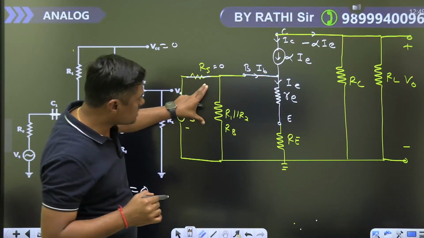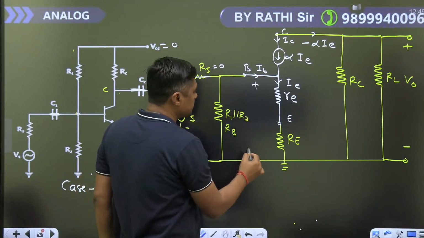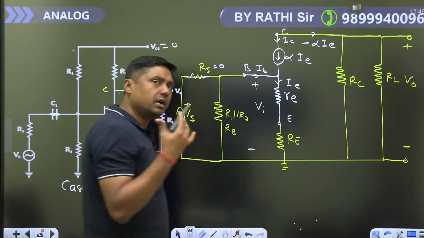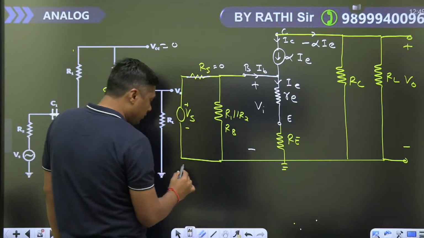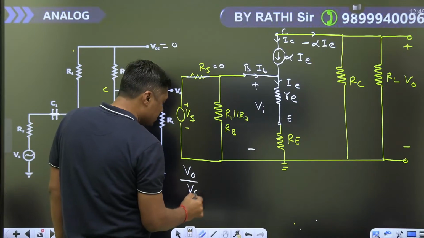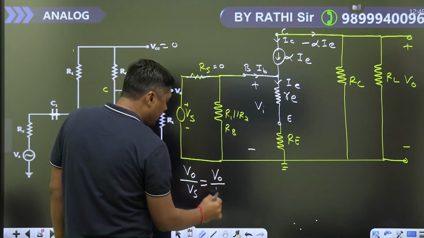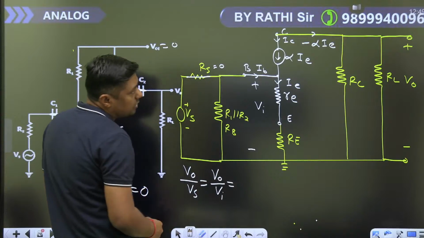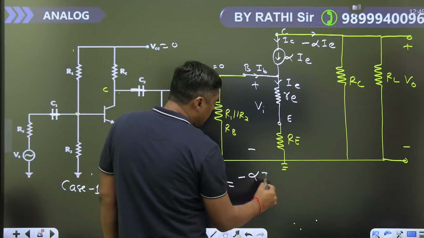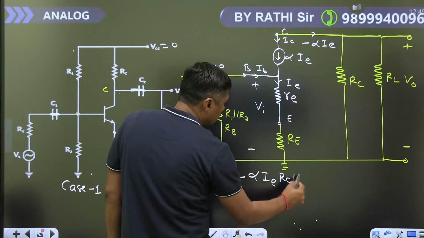Then Vs and the voltage at this point are the same, Vi is equal to Vs. Then again it will become a very simple question. V0 upon Vs, which is called midband voltage gain, is V0 upon Vi, equal to, what is the output voltage? Minus I into RC parallel with RL